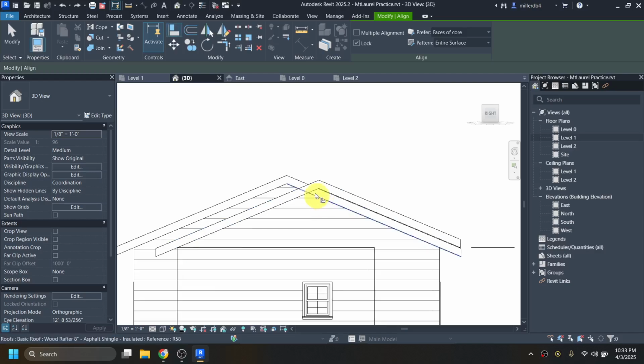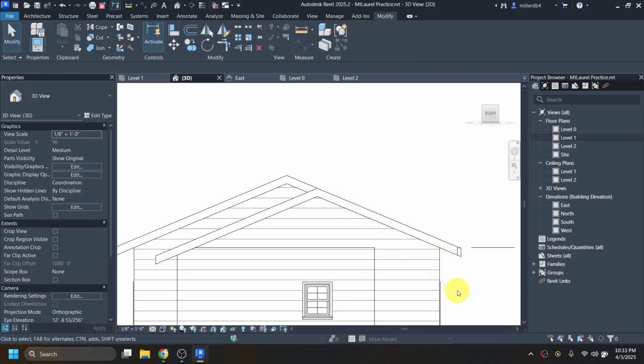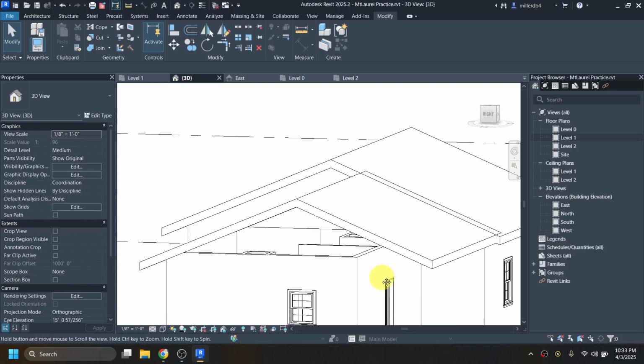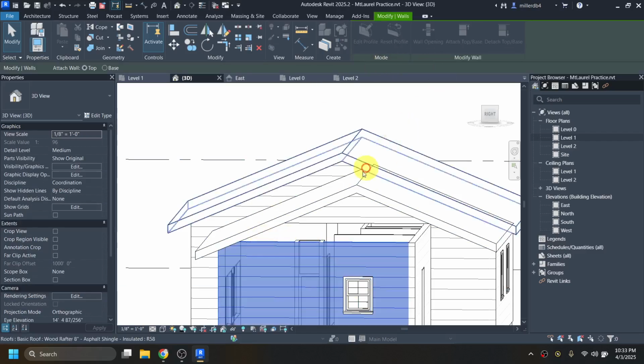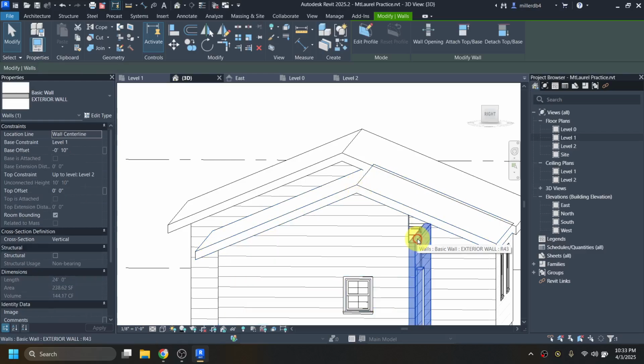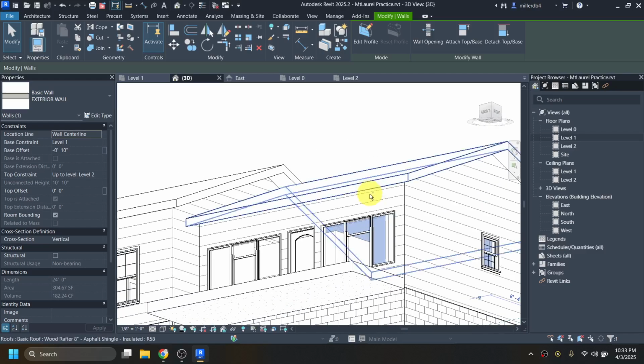So what I did was, again, I did AL for align. I took this roof's edge and this roof's edge so that they would sit flush. And then I'm still going to have to do my attach top to base for all of my walls. So that is click on the wall, attach top to base, click on the roof, click on the wall, attach top to base, click on the roof. And then this one,